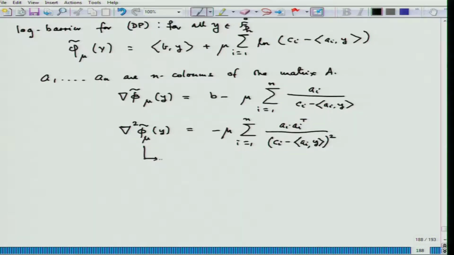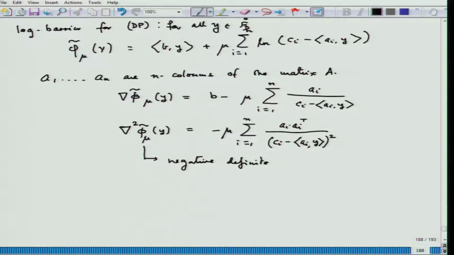Now, this is negative definite, because if you look at these matrices, this mu is positive, and because y is positive here, this is positive. Now, A_i transpose, of course, I am assuming that the A_i's cannot all be 0. Some of the A_i's are non-zero. So, the rank assumption